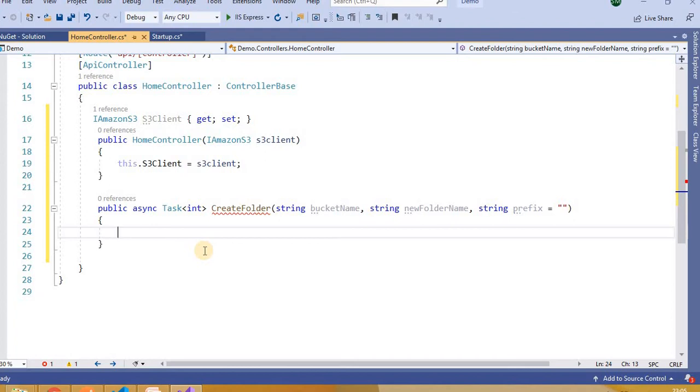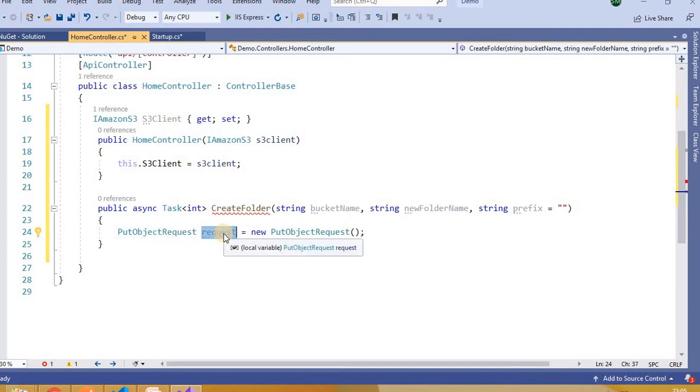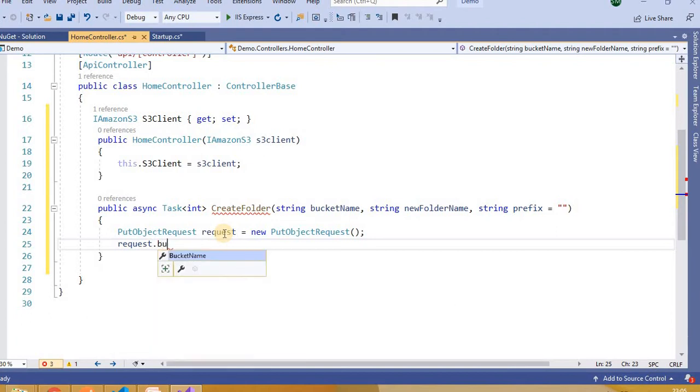Now to upload a file or to create a folder inside AWS S3, it provides us one class, PutObjectRequest. Let's create an object of it. I created the object of it, and now to this request object we need to pass the bucket name, new folder name, and other stuff here. Now request.BucketName is equal to,